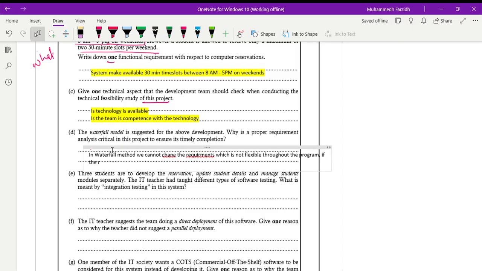If the analysis is not done properly, mostly the project is going to be a failure, because it's hard to change in the waterfall method. It's hard to change requirements. Sometimes you have to start from the beginning again. Okay,